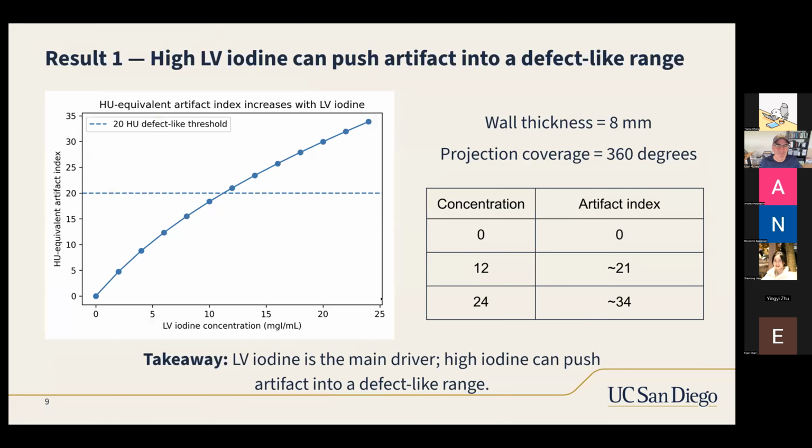For the first result, we fixed the wall thickness and the projection coverage. The only variable here is the LV iodine concentration. As you can see from the figure, as the iodine concentration increases, the artifact index also increases. At about 12 microgram per microliter, it is around 21 HU, which crosses the 20 HU threshold. And at 24, it reached around 34 HU. So under this baseline condition, high LV iodine level can push the artifact into a defect-like